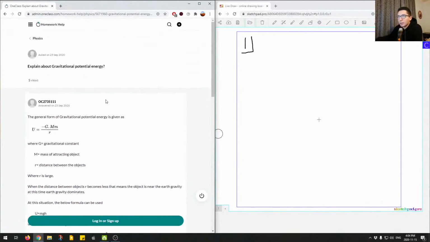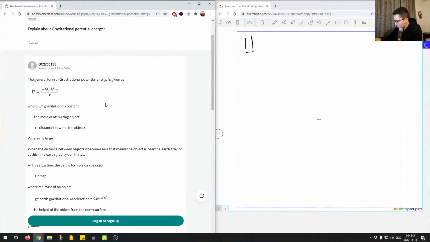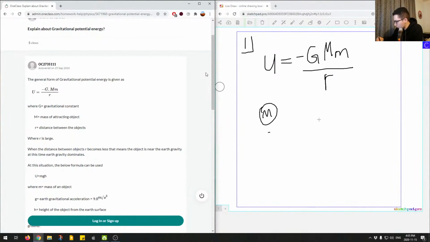So just to summarize, there's two equations. The first equation, U, where U stands for gravitational potential energy, is equal to negative the gravitational constant times mass 1, capital M, and then mass 2, lowercase m, and then we divide this by r, which is the distance between the objects. So r over here. And then I believe the negative sign here is because it will be pointing towards the object that's pulling. So if we had M, a very large distance r, and then a smaller m,